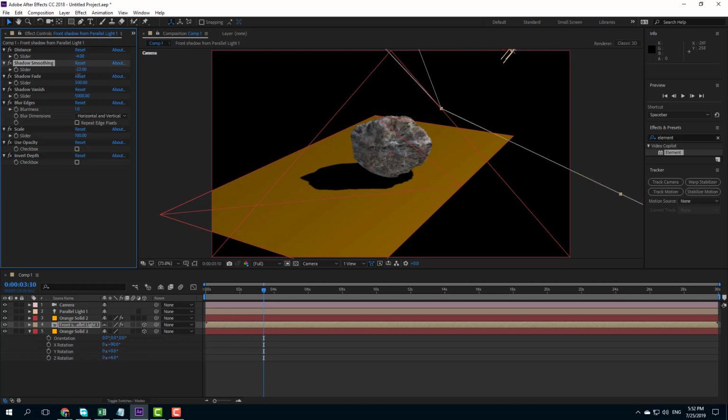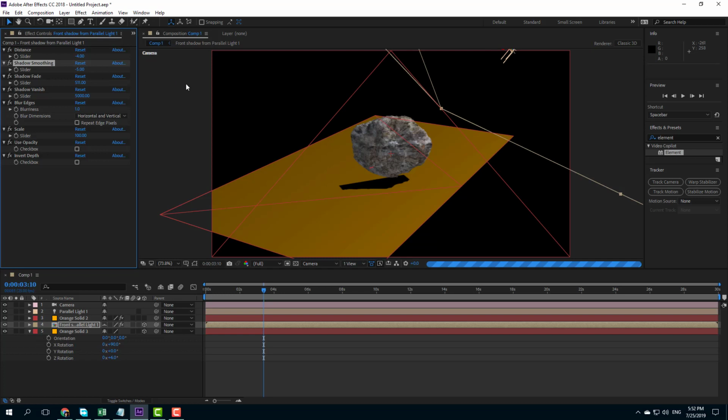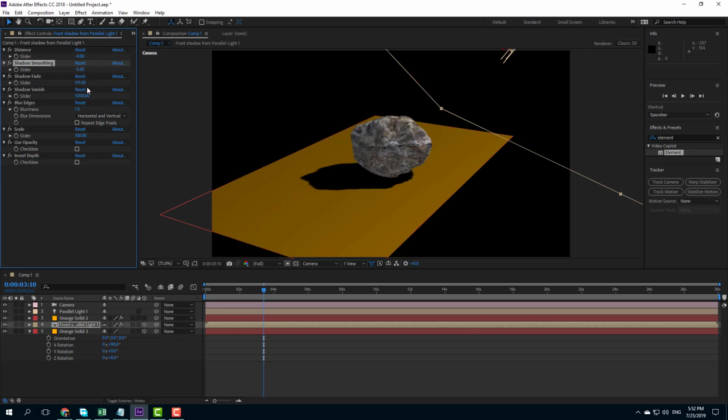So I can change the slider over here to come up with different shadow options. So I can go over here to increase the shadow range and so forth, just like that. You can change the shadow fade and so forth, and you can see that the shadow option actually changes once I play around with the settings. So I can increase the shadow fade level right here, so it actually fades out the shadow a bit. Let me just increase this a bit further, and the shadow is softer. All right, the shadow vanishes as well. This increases and decreases the